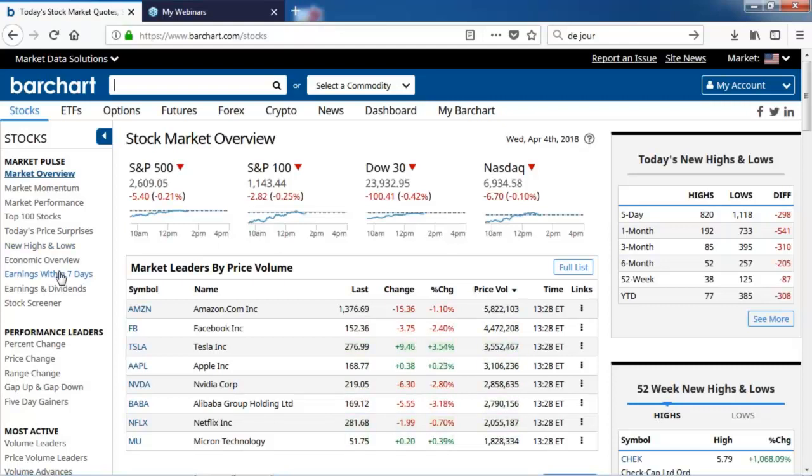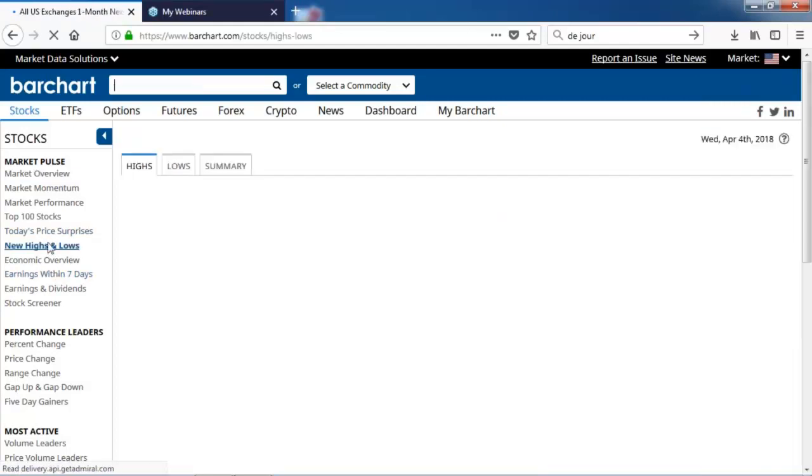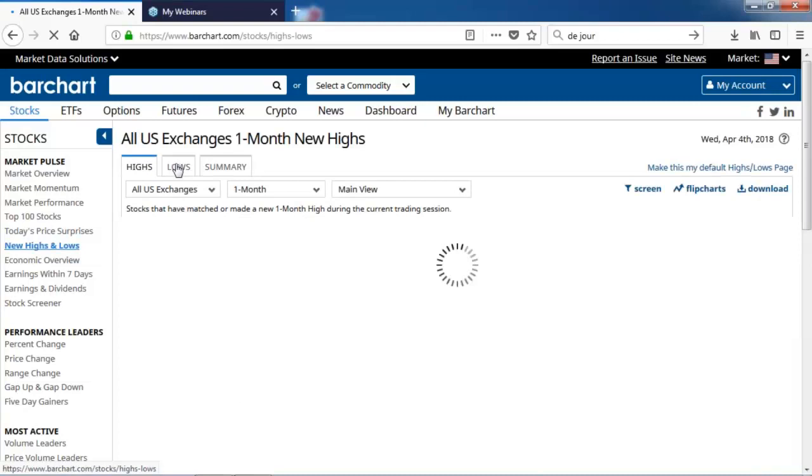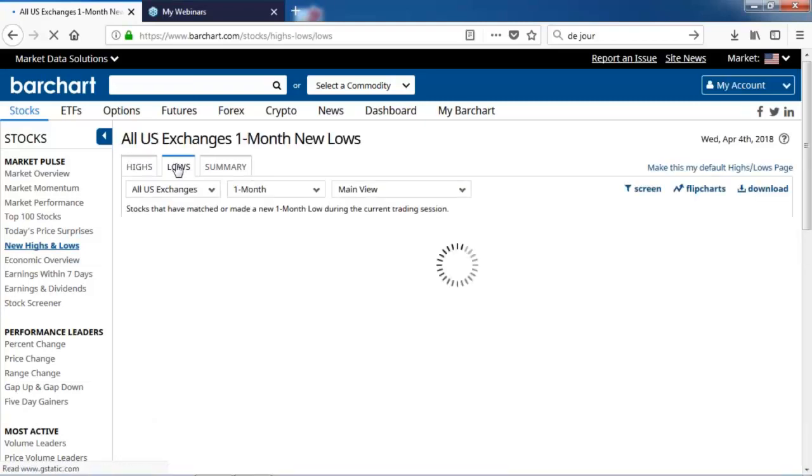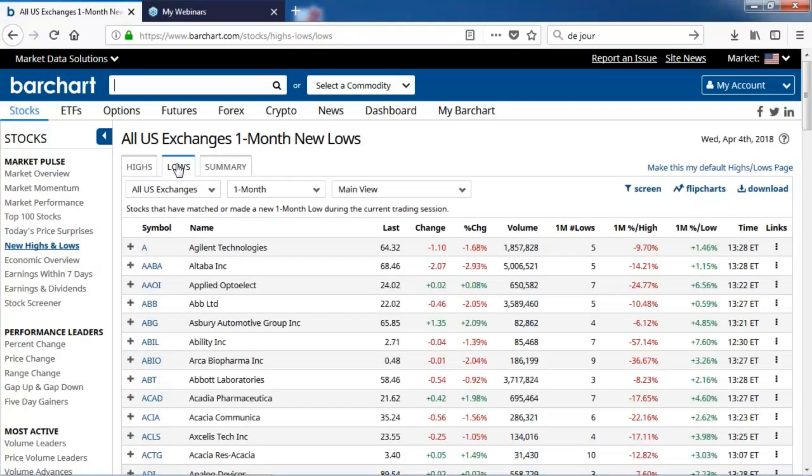So let's say we wanted to look at stocks that were making new highs and lows. I could apply that view, which is kind of looking to see how far we've come off the lows. And this is 1 month lows, so I can use this to just take a glance at where we are on a monthly basis.